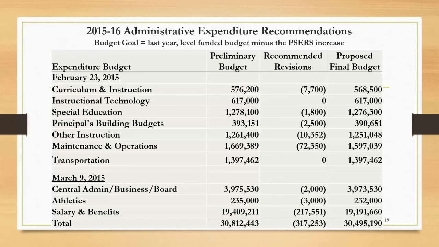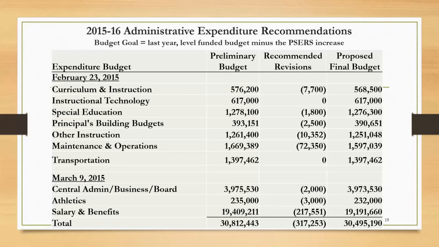So those 2 positions, one was an art position and the other one was a course position in the high school. If we would not have replaced those, it would have devastated the program because there would have been no art teacher and there would have been no course teacher. The other position that we are going to replace out of those 5 retirements is a special education position which needed to be replaced. 2 positions which will not be replaced is a middle school reading specialist that was also